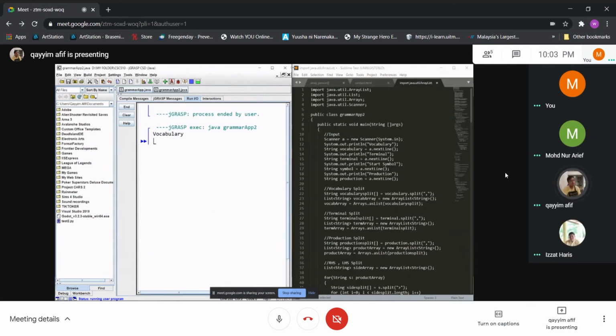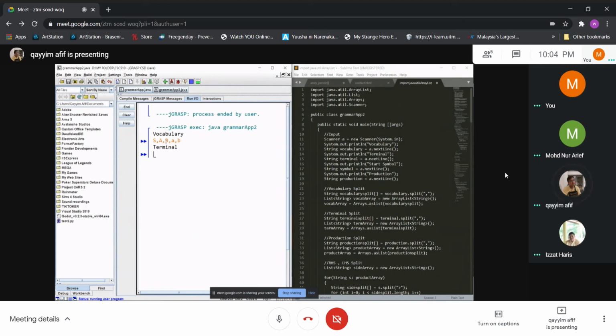So today I will present this application, the output that we get and how it gets the output. First, we need to input the vocabulary, a simple vocab: S, A, B, a, b.